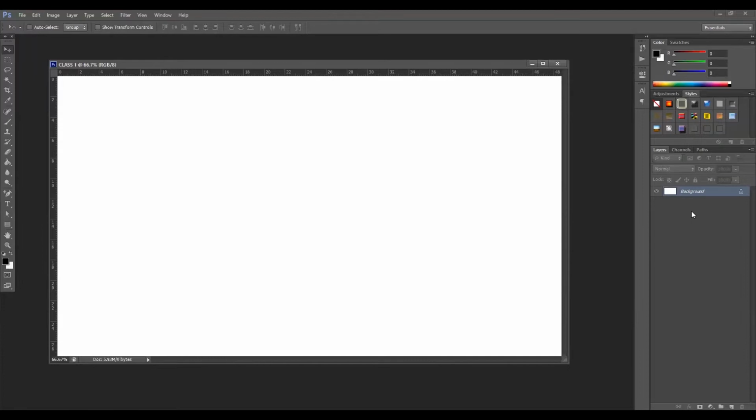So the first thing to do is to unlock this layer. As we can see here, there's a lock icon here. You need to unlock this layer, which gives us the freedom to edit and do whatever we want in this layer. It's locked by default when you create your own project. So let's double click here,